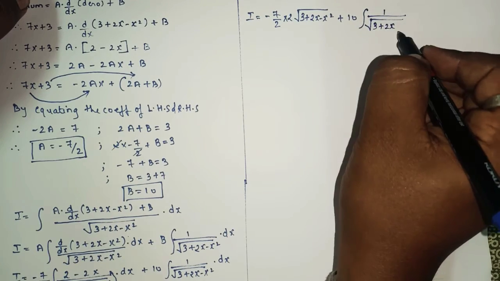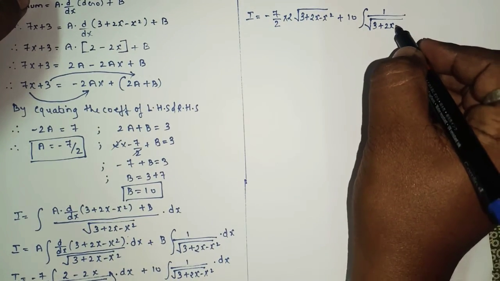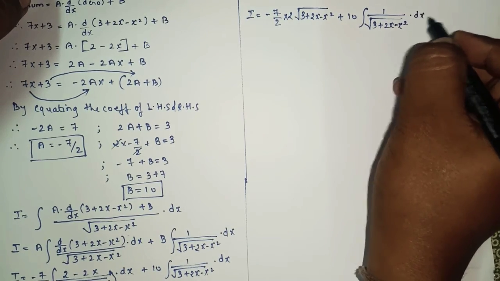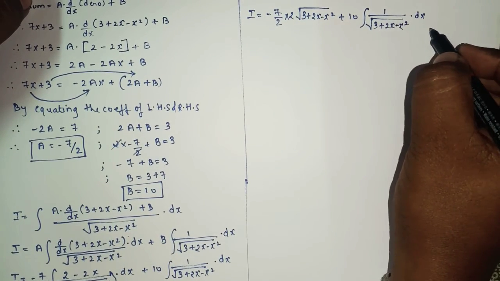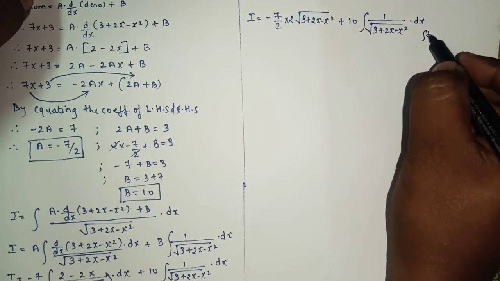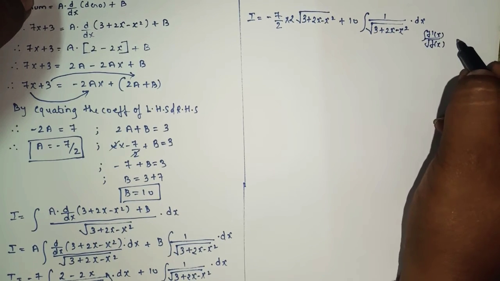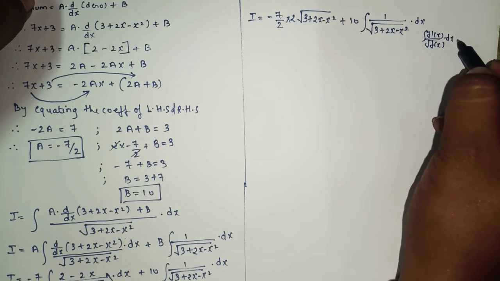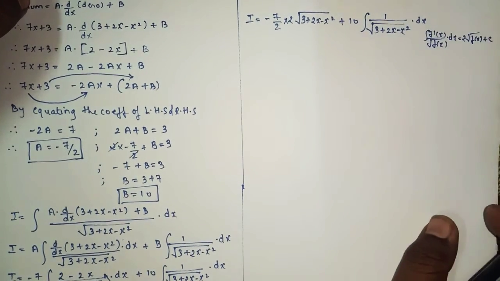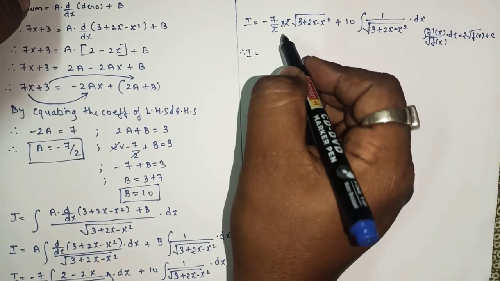After the completion of this section, then only we can write plus c. Okay, just remember all this basic thing. Here you can write the reason for this. We got the answer by using which property? By the integral of f dash x upon root f of x into dx is equals to 2 root f of x plus c. Okay, so therefore I will be equals to, here 2 will get cancelled,